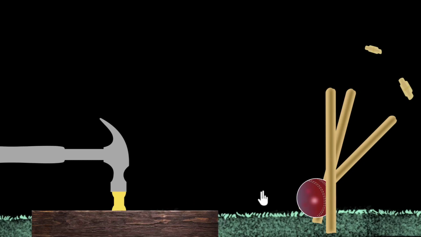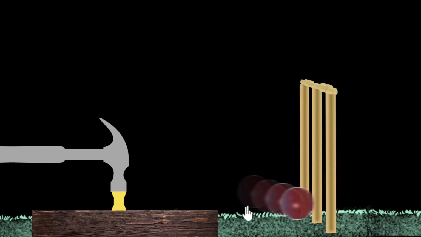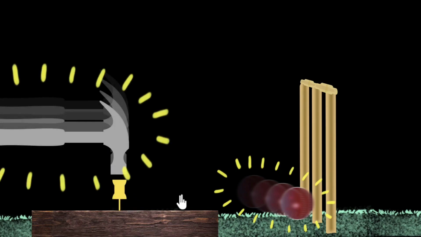So what's common in both of these? Well, over here, before the ball hit the stumps, it was moving. So you see, a moving ball has the capacity to do work, and therefore it has energy. Similarly over here, before hitting this nail, the hammer was moving. So a moving hammer has the capacity to do work. It must have energy as well. And so can you see that any moving object must have energy? The faster it moves, the more energy it should have, right? Because it can do more work.